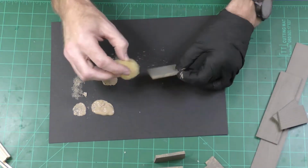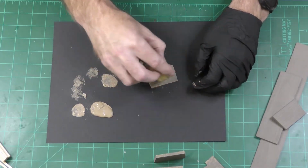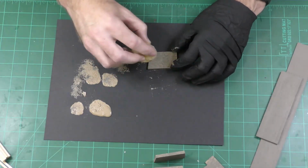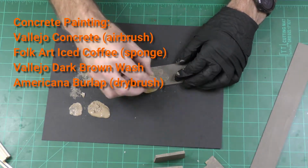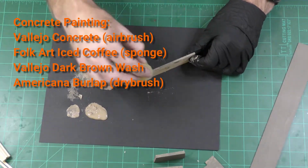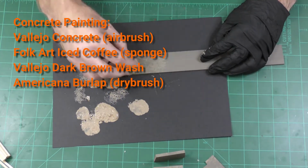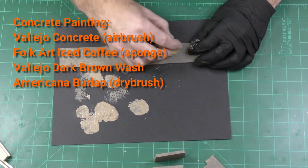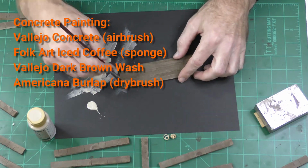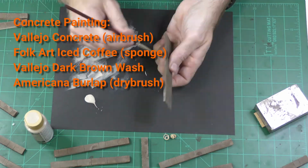These wood pieces represent the concrete supports for the trestle and the concrete retaining walls around the trestle area. I paint those by first spraying them with an enamel primer, and then I spray them with Vallejo concrete, and now I'm applying folk art iced coffee with a sponge. I've spent a lot of time trying to come up with a really interesting and realistic way to paint concrete and stone walls. And after the folk art iced coffee, I apply a Vallejo dark brown wash, and once that